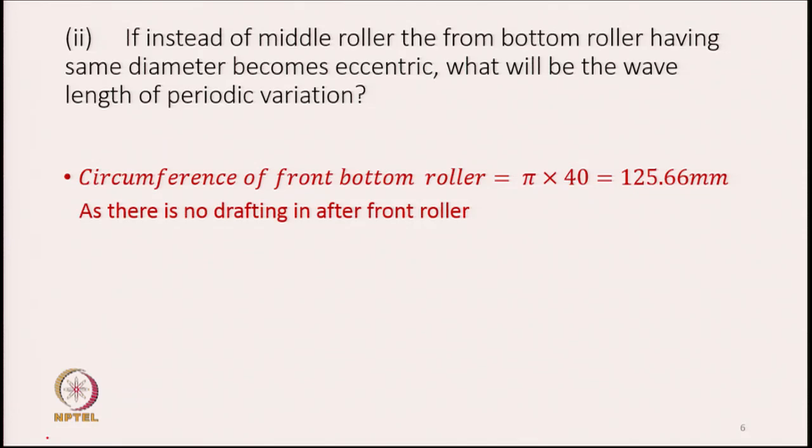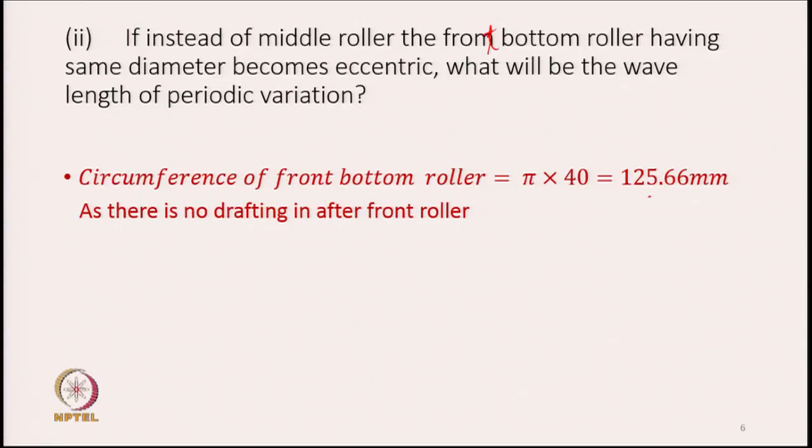If we say that instead of the middle roller, the front bottom roller having the same diameter becomes eccentric. So, that roller is eccentric. What will be the wavelength of periodic variations? Instead of the middle roller, the front roller is eccentric. If the diameter remains the same, the circumference of the front roller is also going to be pi into 40, that is 125.66 mm. So, same, as there is no drafting